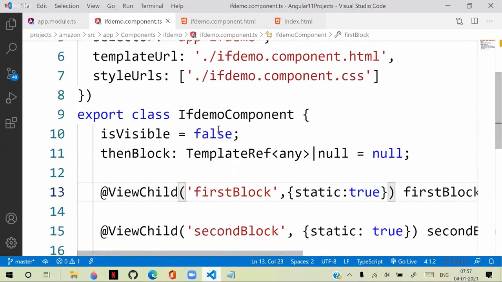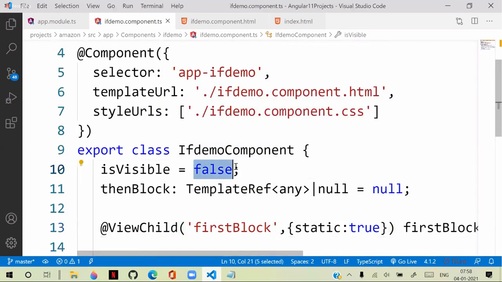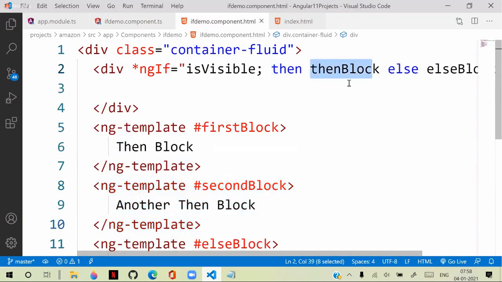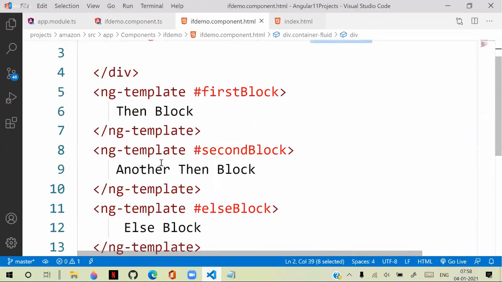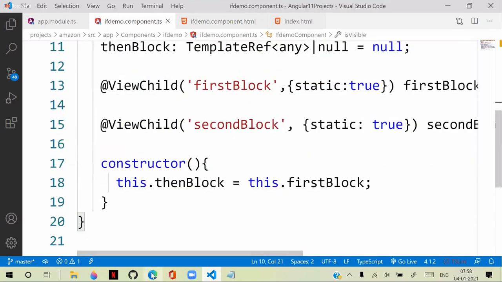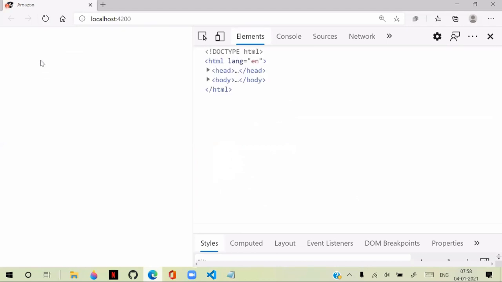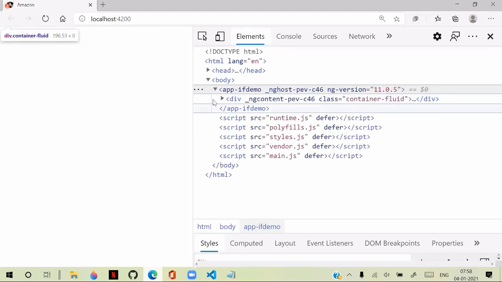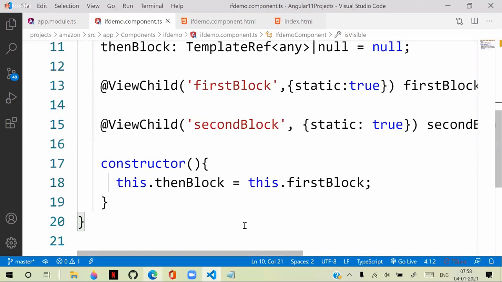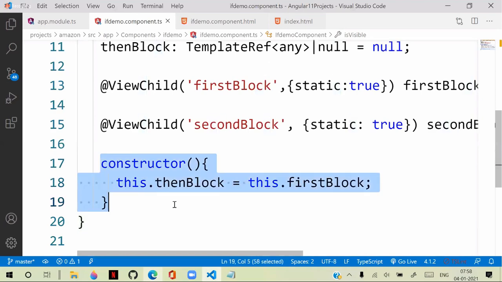Now here I am defining it as true. If isVisible is true, then it has to render the then block. But in the then block there are two blocks, first block or second block. Currently in the constructor, the then block is defined as the first block, and you can see that it is not displaying that. Why is it not displaying? Else is displaying, no problem, but it is not displaying this because the constructor is the function